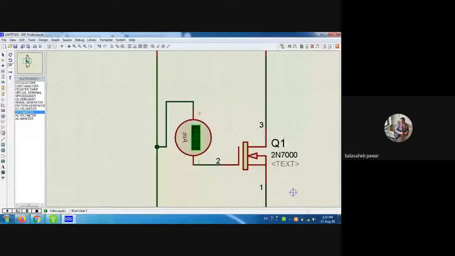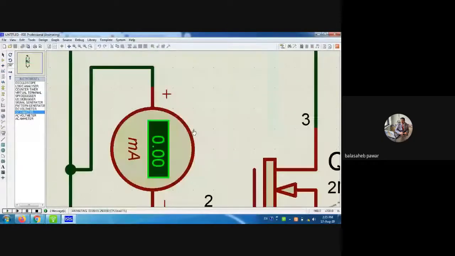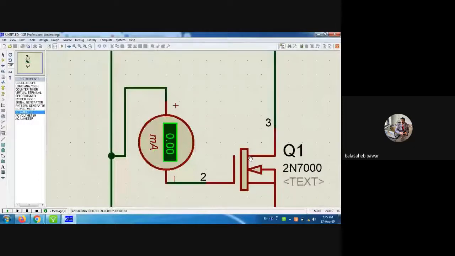So see, how much is the value of IG? It is again 0, and it is as per our theoretical considerations, whatever we studied theoretically. Practically we are getting the same results, right?